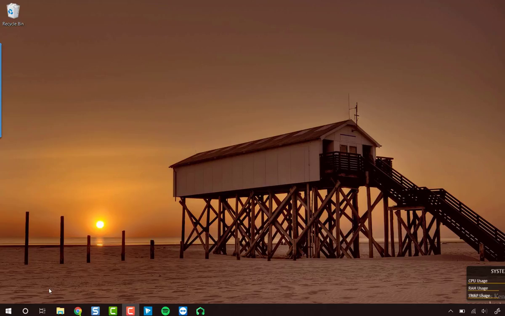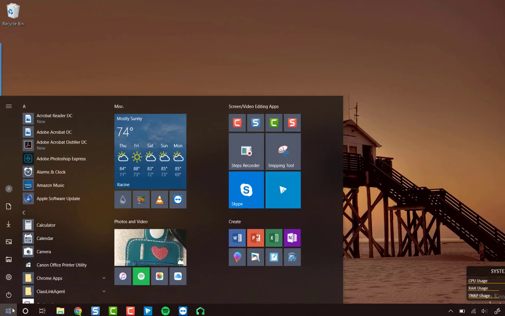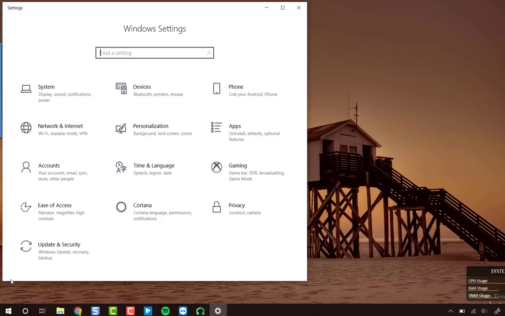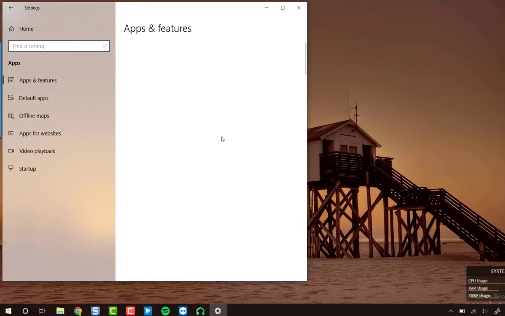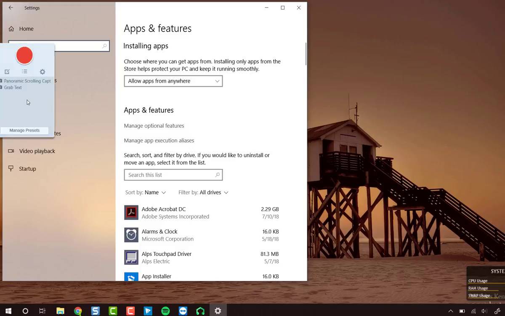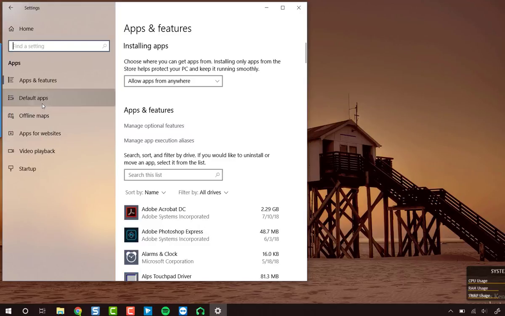So the first thing you're going to do is go to the Windows button, and then click on the little settings icon over here, and then we are going to go to Apps. Now the nice thing is you only have to do this once, and then you'll be good forever. And we're going to go to Default apps,